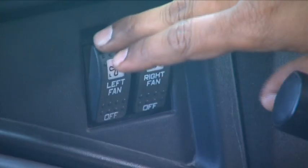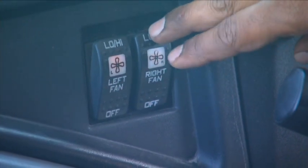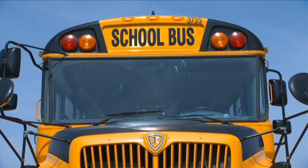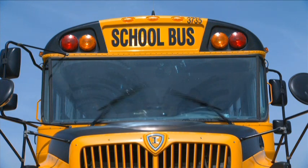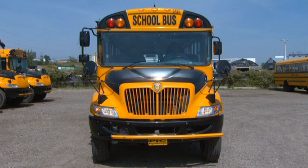We're going to check the fans, high, low, and off. The right fan, high, low, and off. I'm going to be checking my windshield washers. You make sure you spray the water, and it works. High, low, and off. You're going to be checking your high and low beams to make sure they work as well by checking them